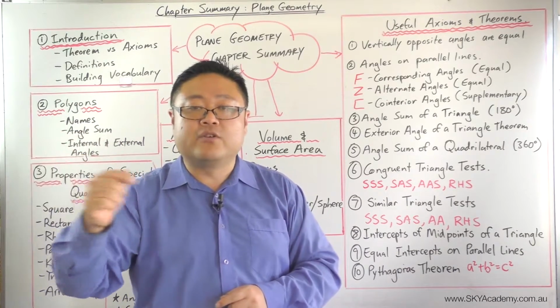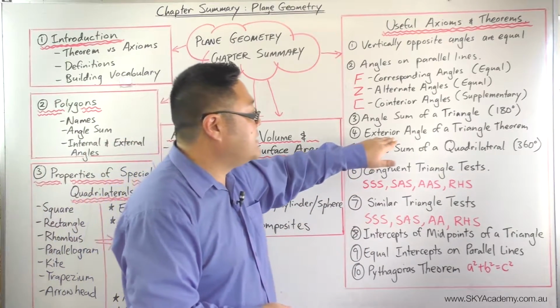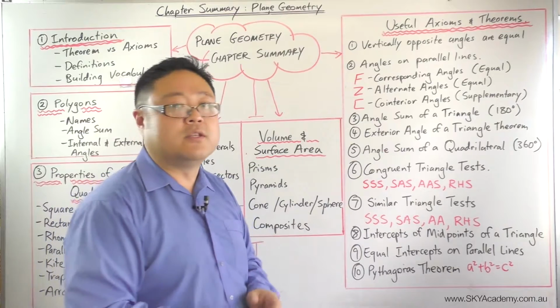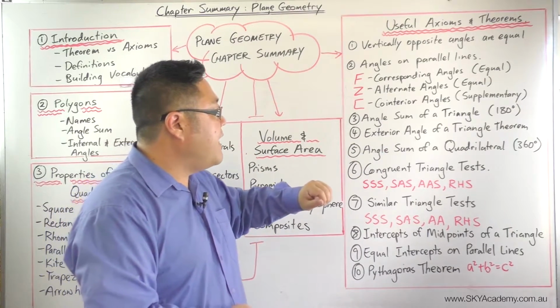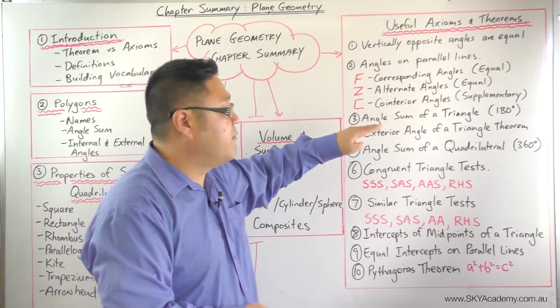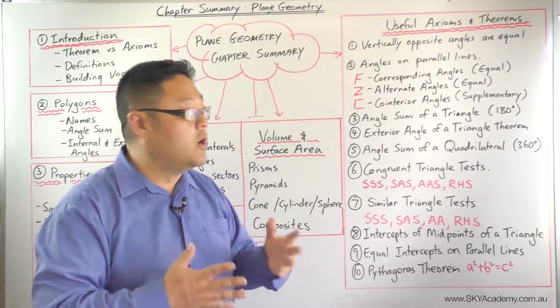And the supplementary of the third interior angle is the exterior angle, right? And that exterior angle is equal to the sum of the two remote interior angles. Yeah. And then we went from triangles, and then we moved on to quadrilaterals, and we worked out that the